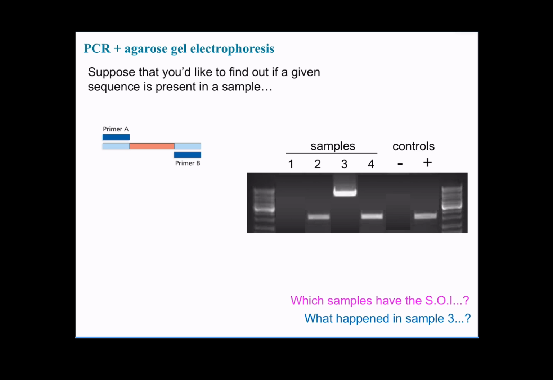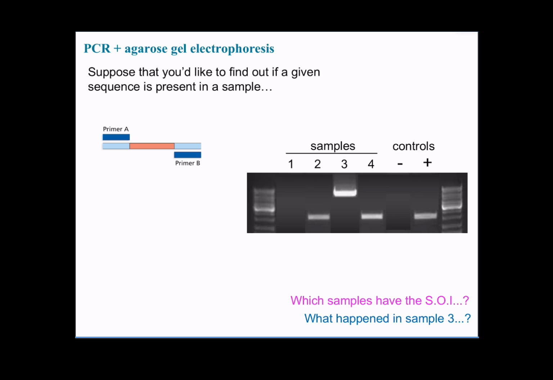Question number 1 for you, and it's not on this slide, but I just thought of it. Can we be sure that these samples 2 and 4 contain our sequence of interest? The answer is that we can be reasonably confident, and what we would do in real life with a result like this is to say, well, I might want further confirmation by way of perhaps sequencing these samples to make sure that the fragments that I'm picking